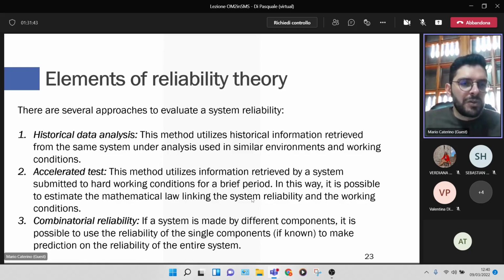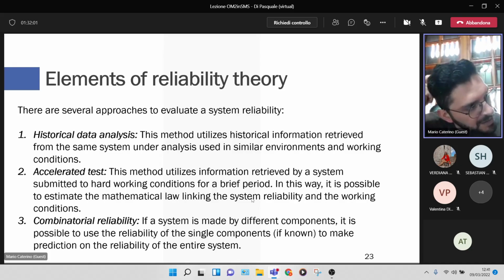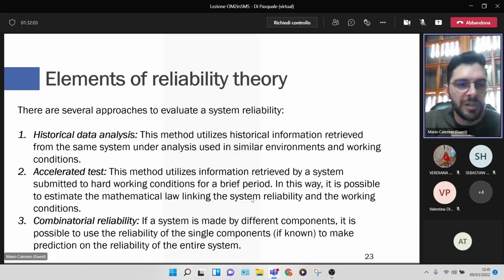Obviously, combinatorial reliability is also a very important aspect to consider to estimate the reliability of a system. I don't know if you already faced reliability theory in your study, but combinatorial reliability is very important, and we will see this, I think, also in the next lecture, because